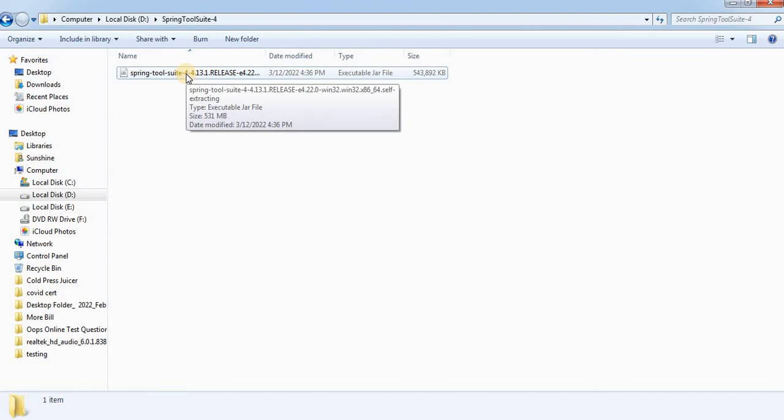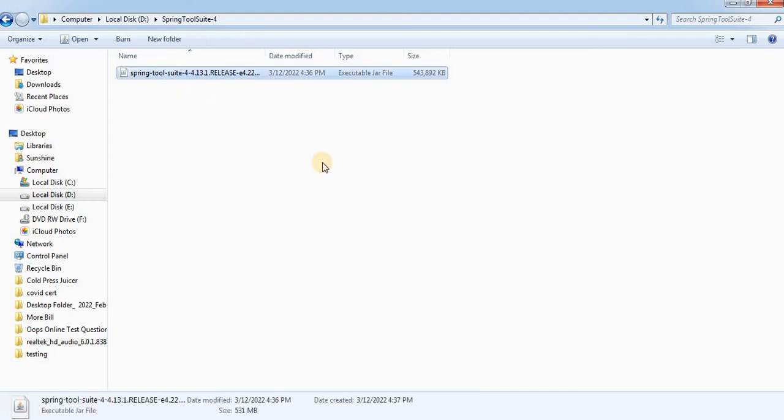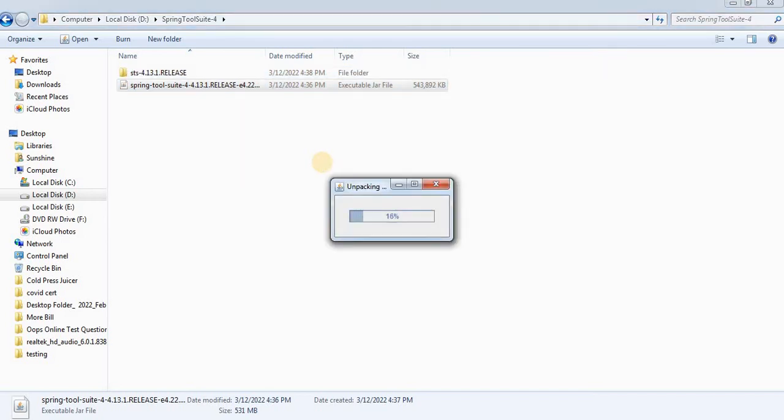so that it will start unpacking all the classes and application files which are required to initialize the Spring Tool Suite. I will double click this jar file. You will find that it has started unpacking all the classes and libraries required to run the Spring Tool Suite.